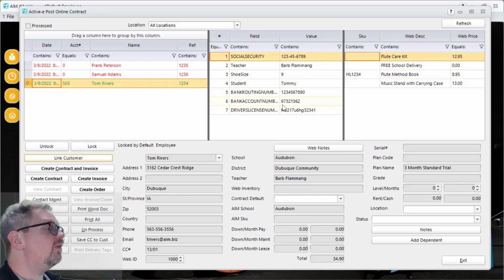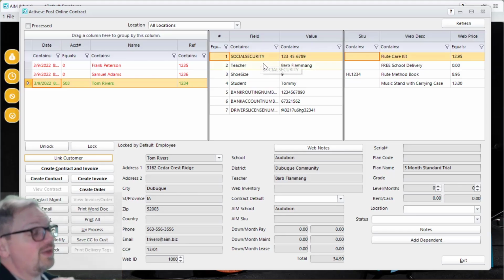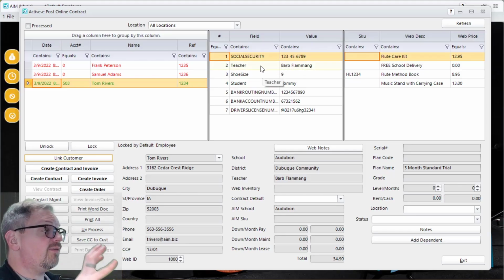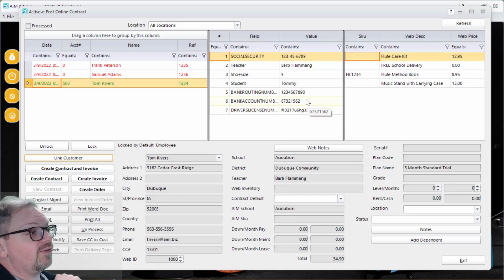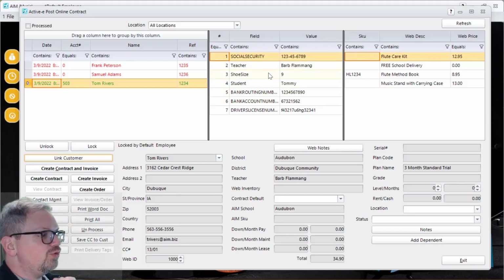And then right here in the middle, any additional tokens that they filled out, such as, like you can see here, social security numbers, student information, routing information, driver's license numbers. You can technically request anything that you want. If there is a specific field for that data to reside, it will go into that field. You might have noticed that the driver's license number went into the appropriate driver's license field. And anything that doesn't have a home, such as shoe size, for example. If you request shoe size or any other field that doesn't actually exist, that will just go in as notes